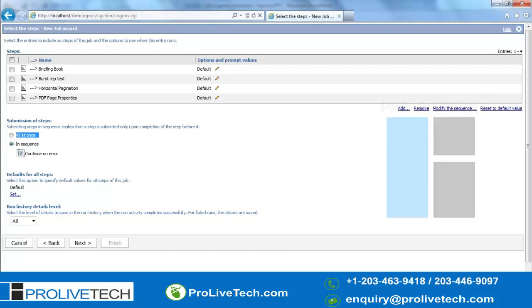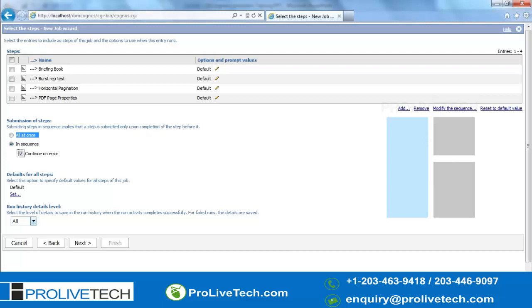It will continue to the next report, and once the job completes, we'll monitor it and see. It will give you all the details, the descriptions of why it failed. Then we will rerun it. In case any fixes are needed, we can fix them and rerun that particular report alone instead of all the reports.